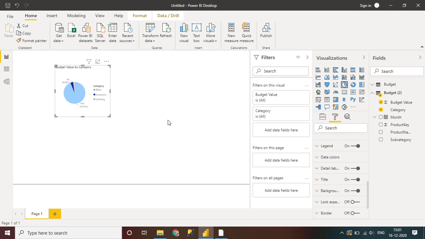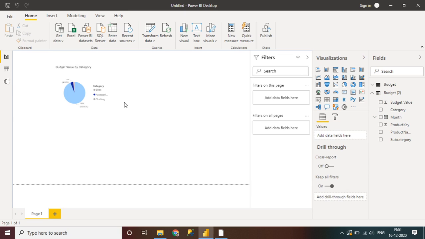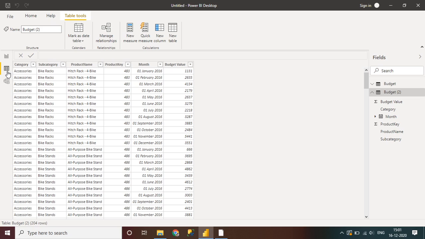This is a very basic pie chart that I have shown here. Once the data is clean and loaded into Power BI, you can create any kind of visualization report as per your need. The intention of this session is to help you understand how to use the Power Query editor to clean the data and load it into Power BI Desktop in the Data section. Here the clean data has been loaded.